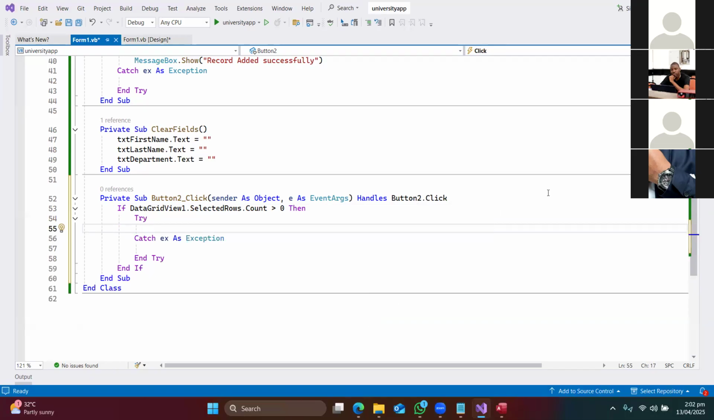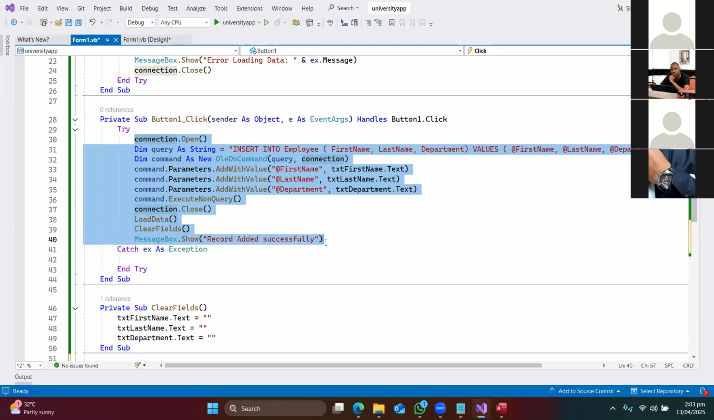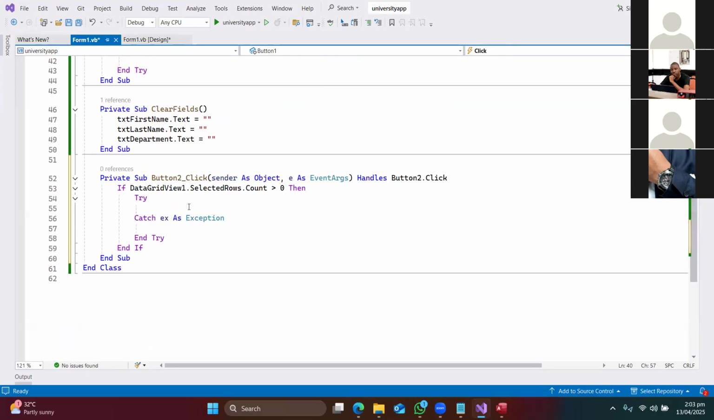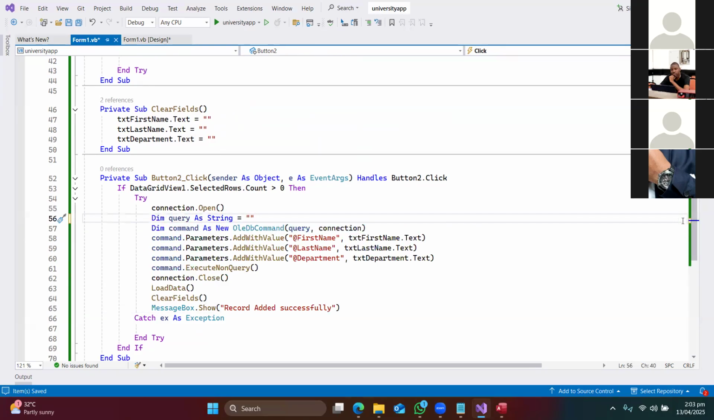But to save me some time, I'm going to copy all of these things here. So connection, clear fields, the message box, I'm going to copy all of them. And then I'm going to bring all of them over here in the try. Because over here, the information I'll do will change. So here, I would rather have updates,